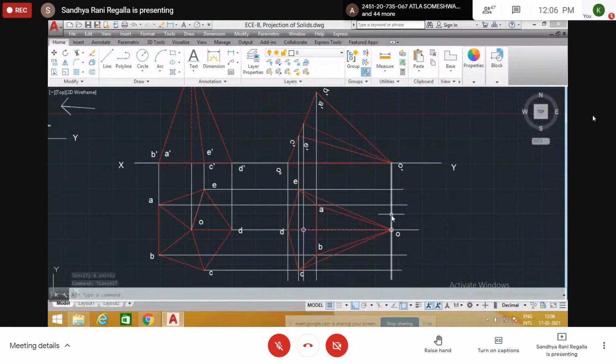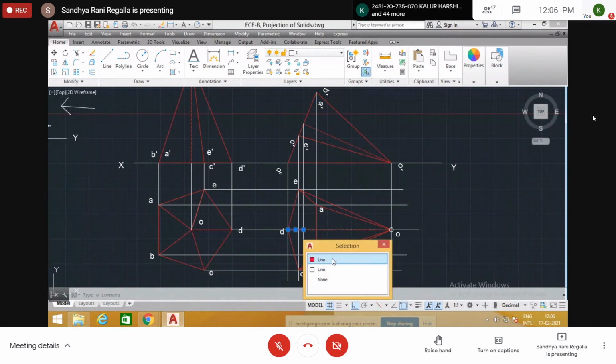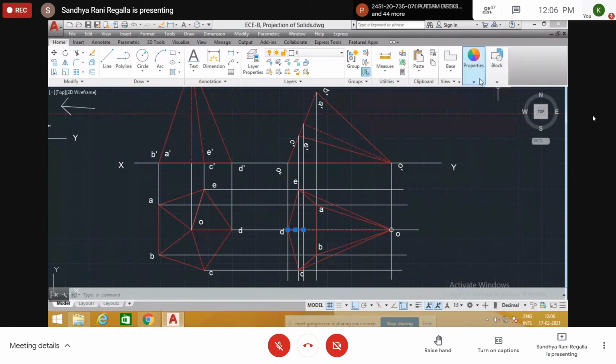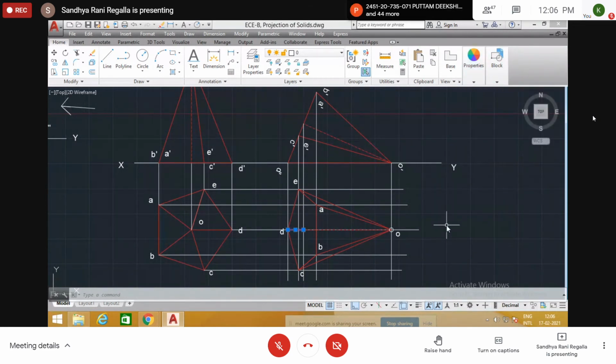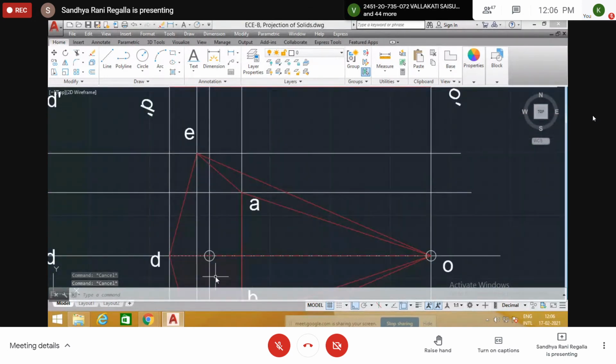Invisible means dotted line. OD dotted, but from O to this point, axis. So out of dotted and axis, axis has first preference. So from here to here we show the axis line, but the remaining line we show with dotted line. Okay. From D to this axis, this is dotted and this is dot and dash.